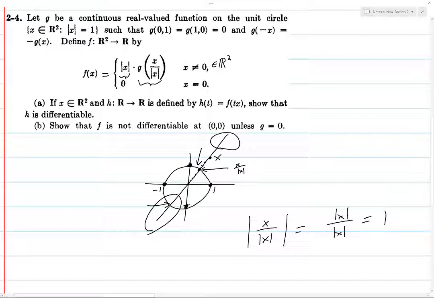So if you're on the unit circle, you don't multiply by anything. If you're really far from the unit circle, you multiply by a large number. If x is really close to the origin, then you're multiplying by a very small number. So what you should imagine is that, first of all, you see that if you draw any line here that goes between